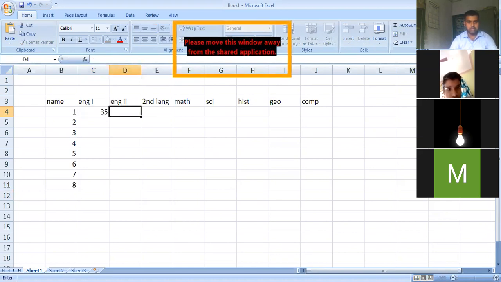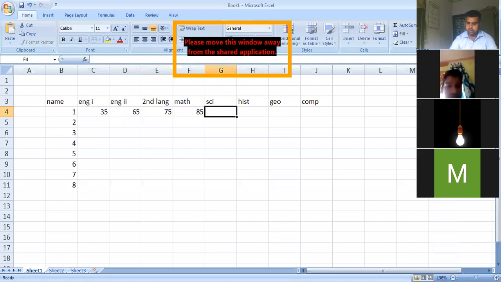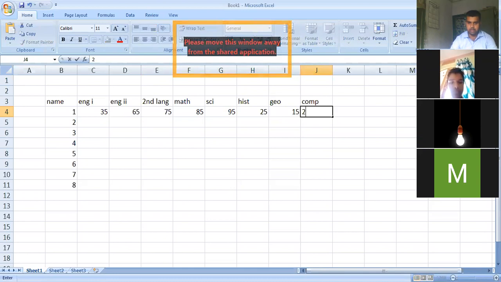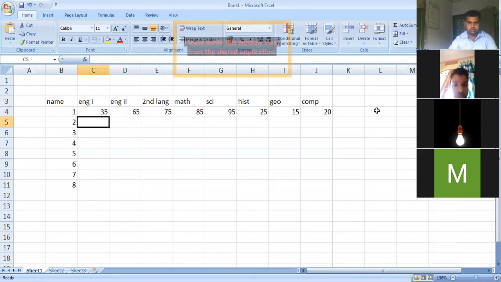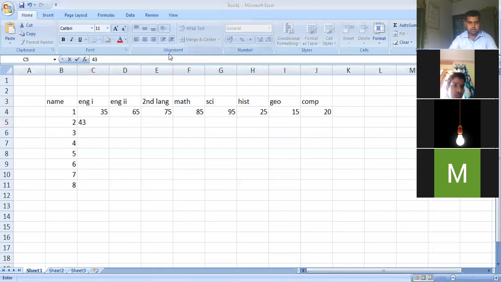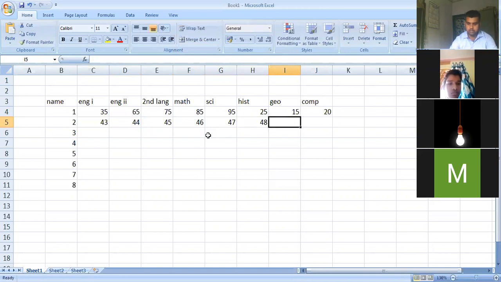You can jot the table also in your copy so that we can repeat the exercise next day. 35, 65, 75, 85, 95, 25, 15, 20. Then you have 43, 43, then you have 44, 45, 46, 47, 48, 49, 50.